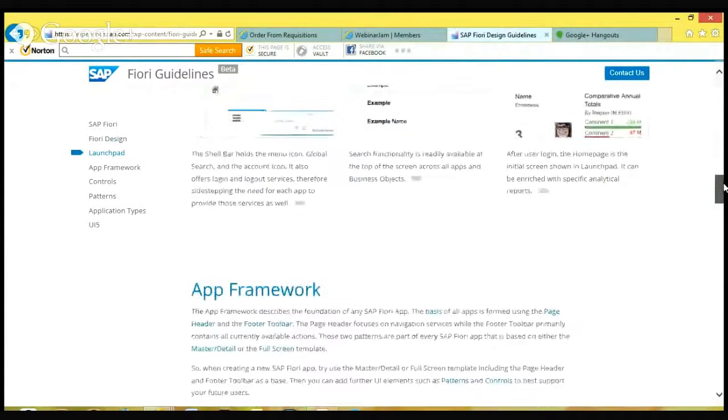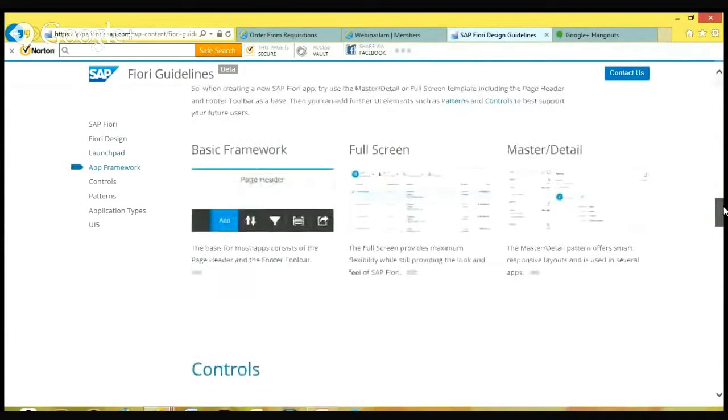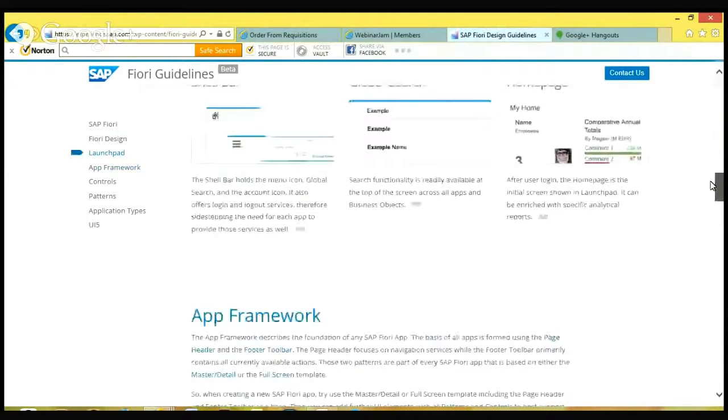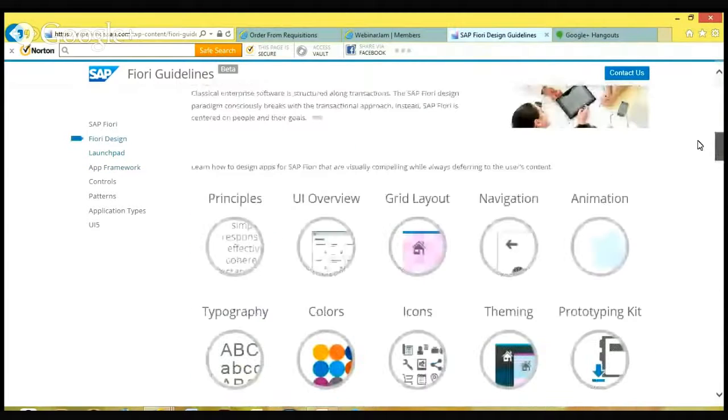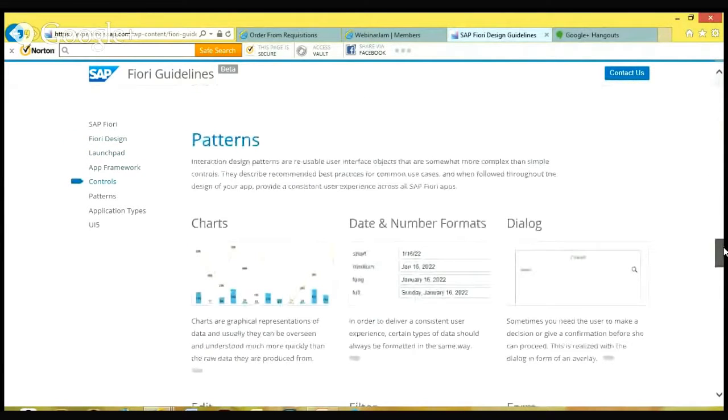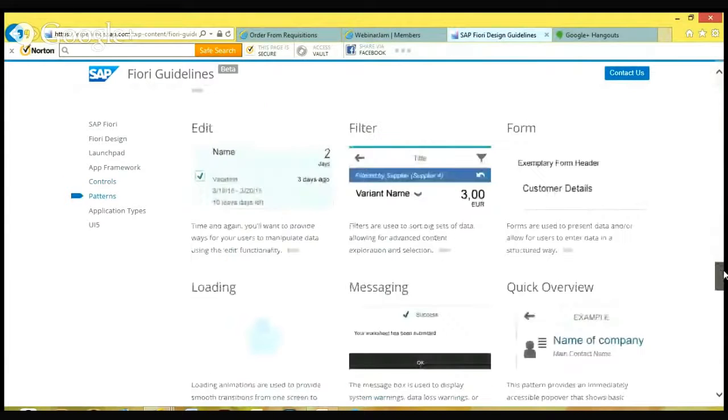So this is very standard. It's now being standardized. This website that I'm showing you is actually a beta website. It's not even ready yet by SAP, and they're just in the first stage of designing all